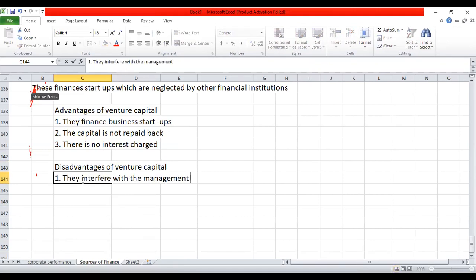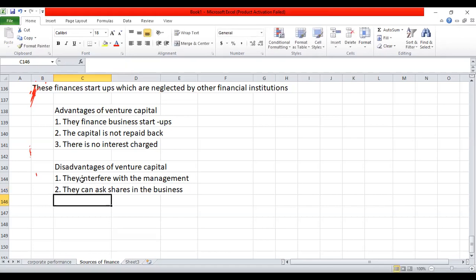Whatever you are doing, they are going to interfere with the management. Another, they can ask for shares in the business as a condition to finance. They can ask you to give them shares, so they also become part of the owners in the business. Number three,